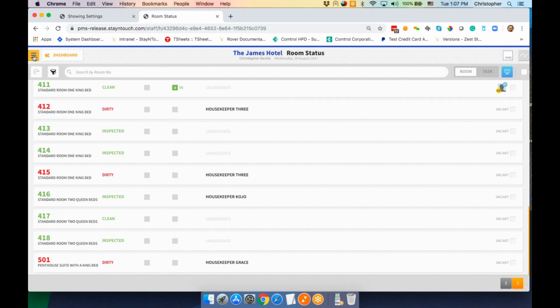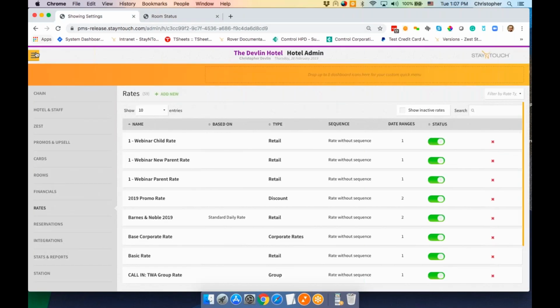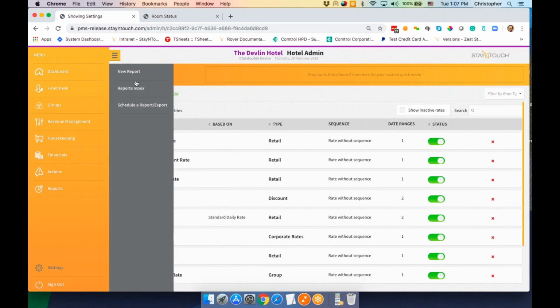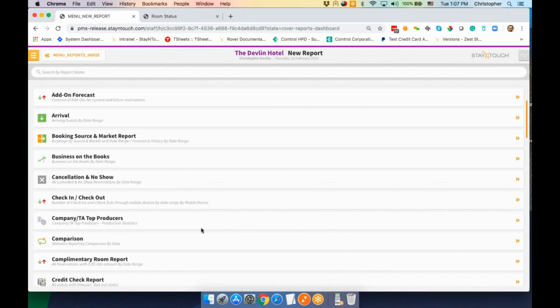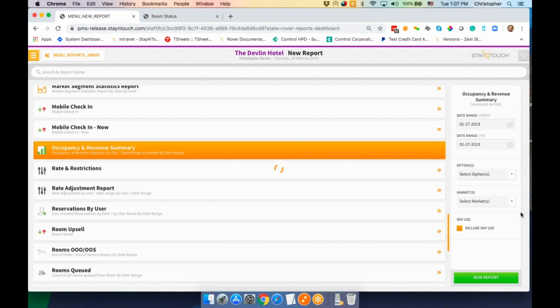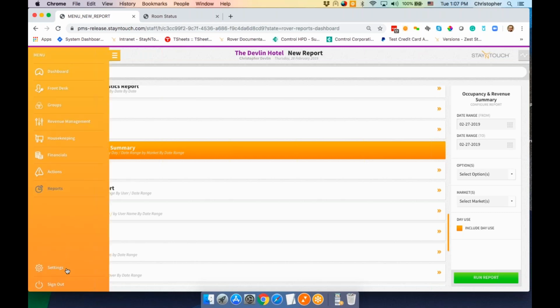We have also added a new filter in one of our reports, which is our Occupancy and Revenue Summary report. And that's found in our reports list, and that is the day use filter. So if we scroll down to our Occupancy and Revenue Summary, it's this filter right here, and this is for rates that we have configured as day use rates. And how we see that in the system